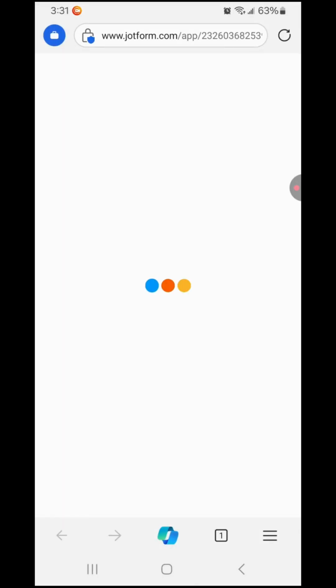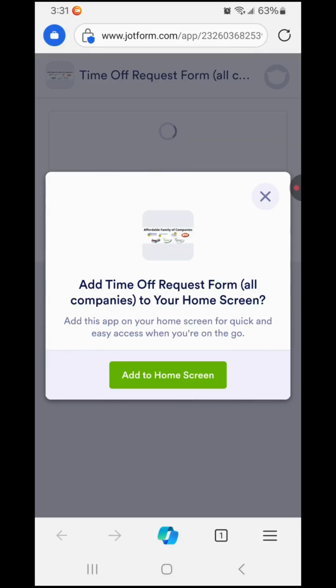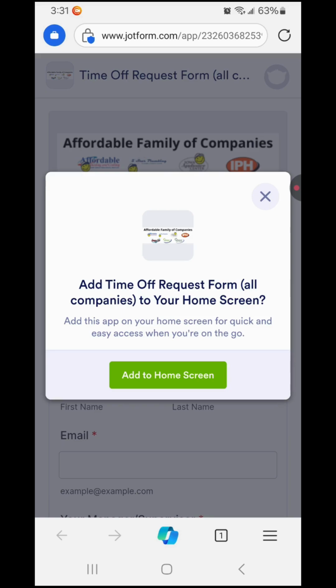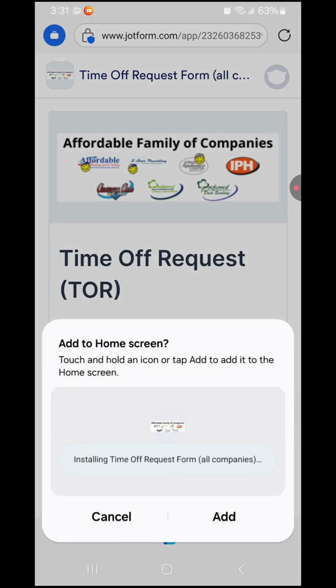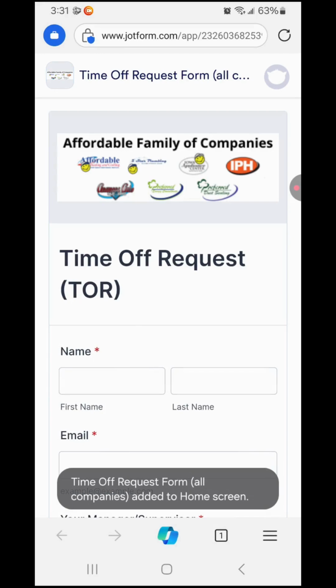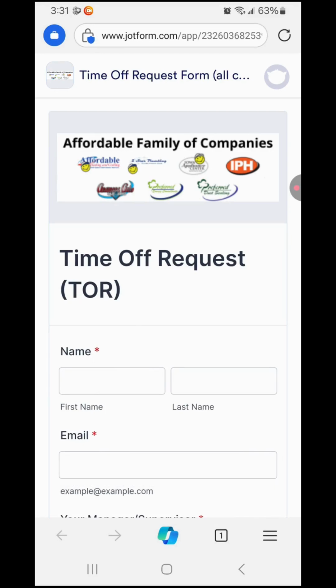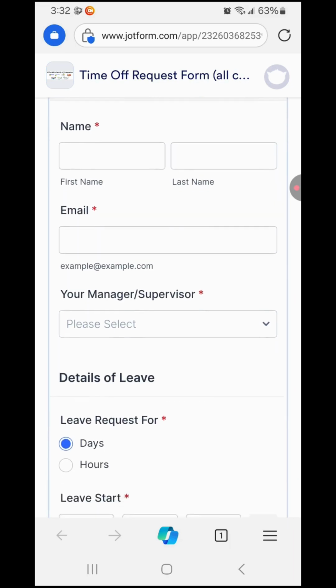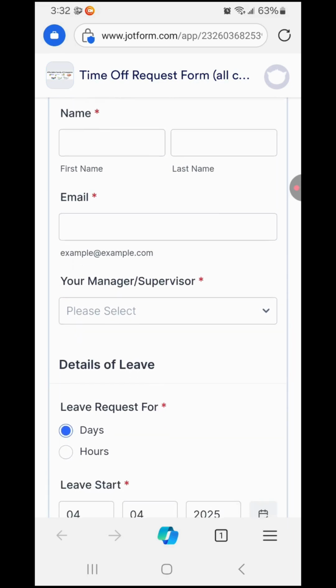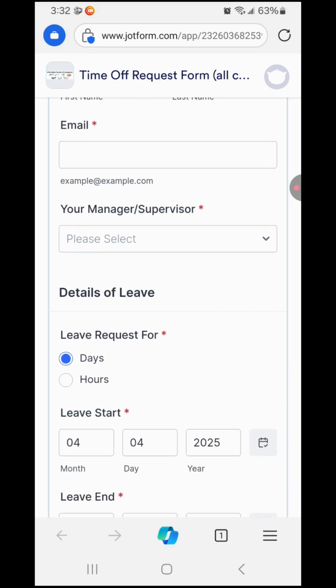it's going to open up our time off request form. And as you can see, it says add to home screen. So we're going to want to click on that green button. We're going to click install, and we're going to click add. And now it says time off request form, all companies added to home screen. Which is perfect. And then you can go through here whenever you want to submit time off and fill it out. First and last name, your email, your manager, and then